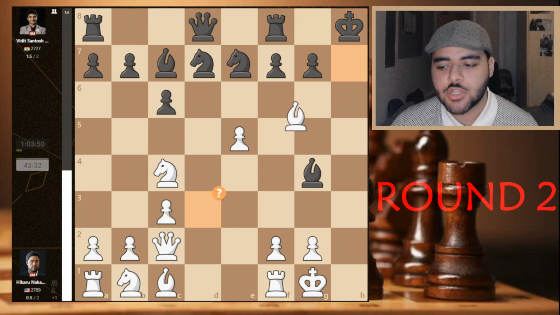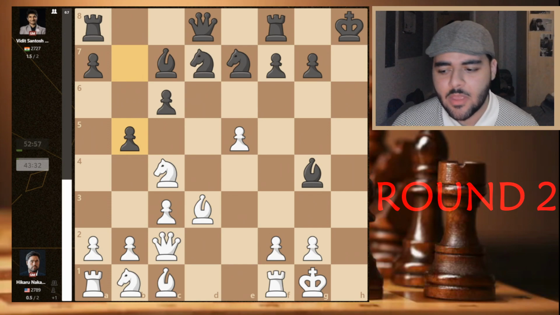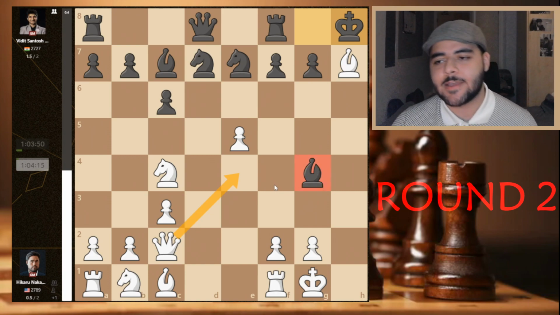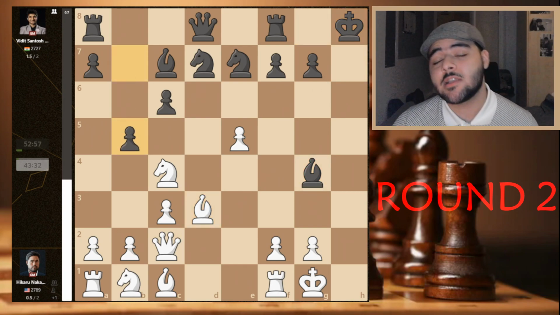So king h8, bishop retreated back, and then you're playing b5. What I should have done instead of bishop b3 is queen e4, and yeah, just activate your pieces, attack the bishop, and hope for the best. So bishop d3, b5, and as Hikaru says,